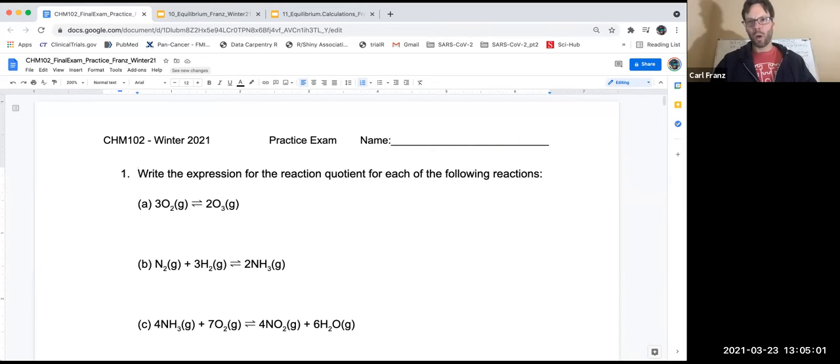So the first question is simply writing reaction quotients. Hopefully we all got this down pretty well because, if you can't write a reaction quotient, you're going to be in trouble for the rest of the problems downstream, right? So remember that your reaction,